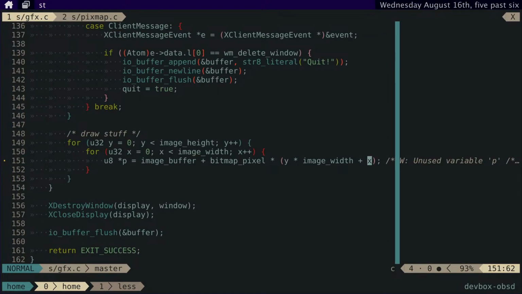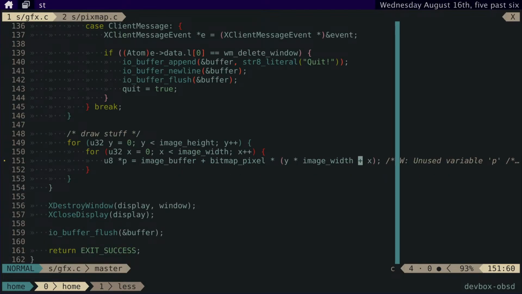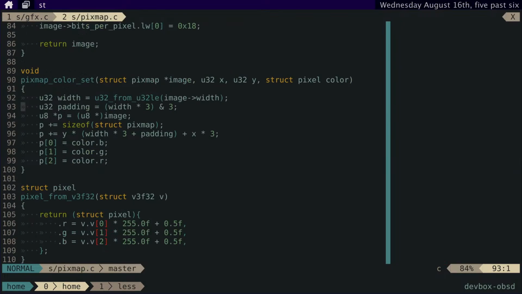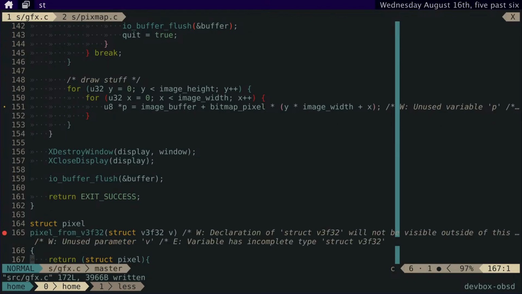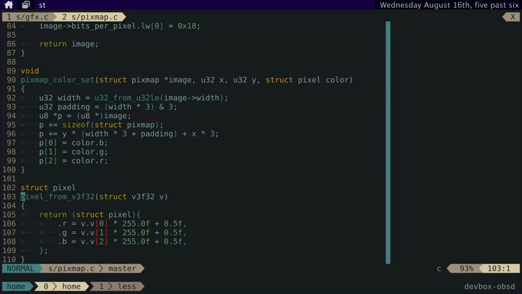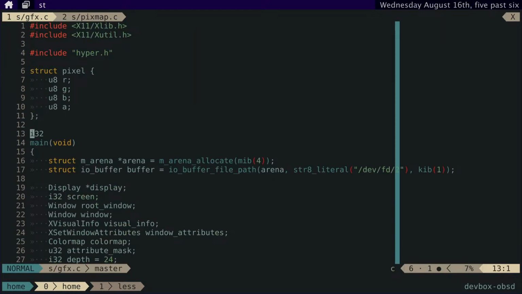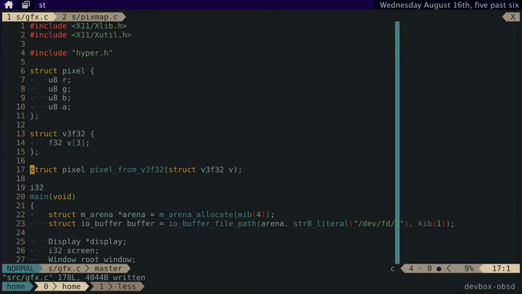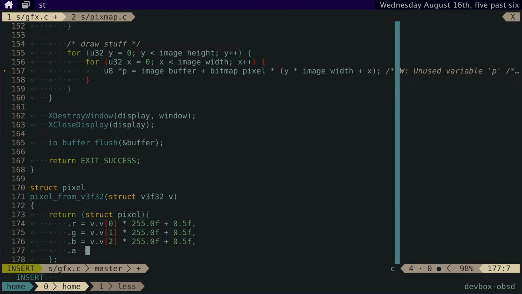So I've got the position of the pixel, and we'll say, we'll just copy these. Okay, and then